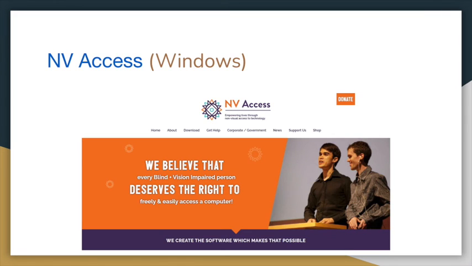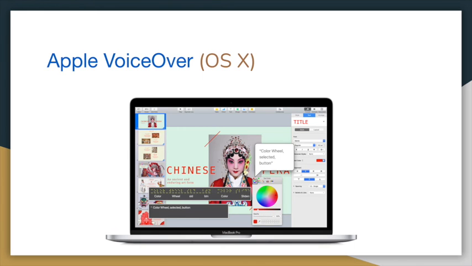NV Access's NVDA is a free open source screen reader that users can download and use on many computers. It will read text directly indicated by your mouse cursor. A common one used by OS X users is Apple VoiceOver, which is now built into OS X as an accessibility, speech, and audio setting.